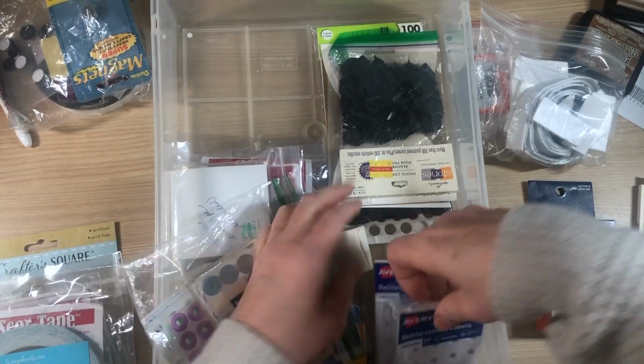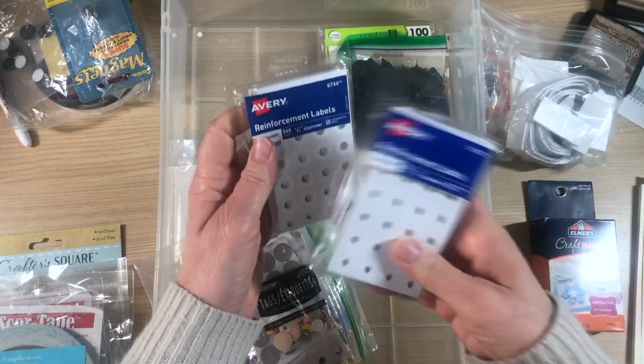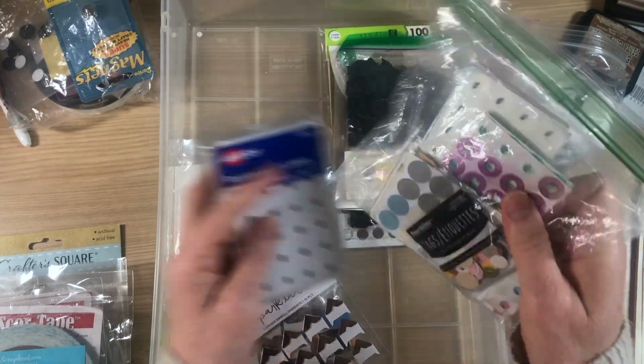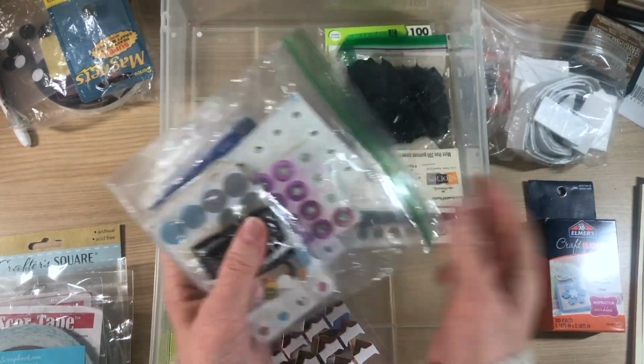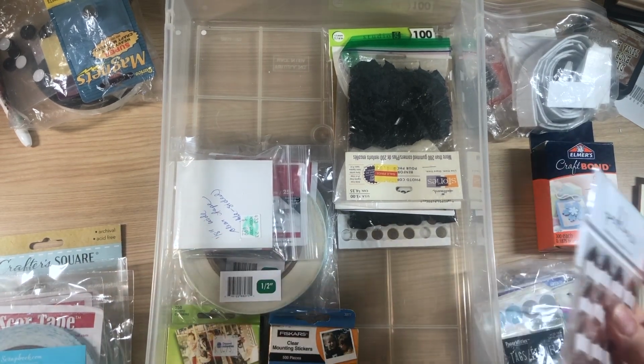This is also the drawer that holds my reinforcements, the whole reinforcer pieces. And when I find them at the thrift stores, I like to buy them, and then, you know, we color them up to reinforce our pages. So those stay here. Then I have a bunch of these,